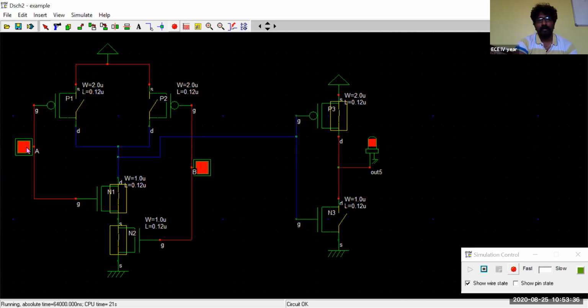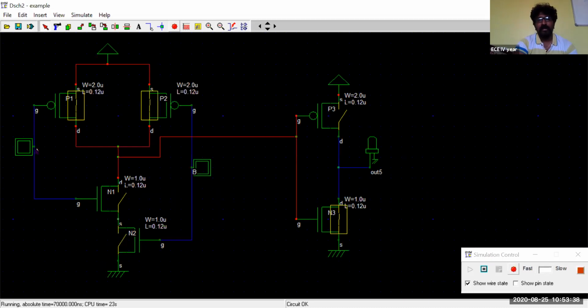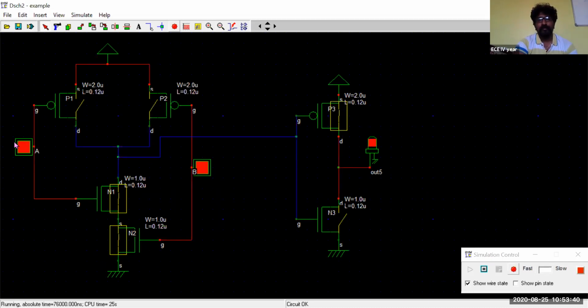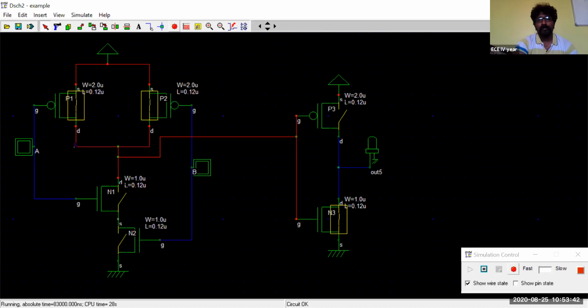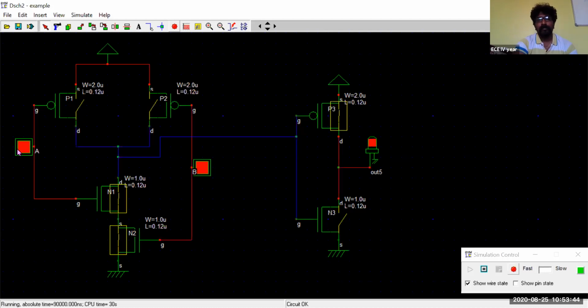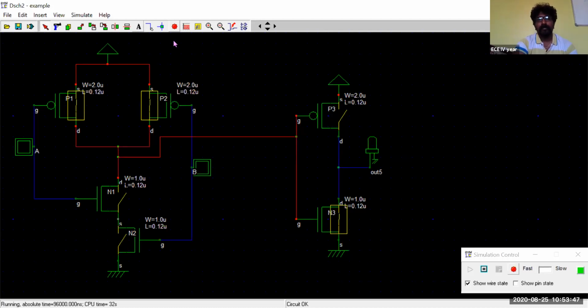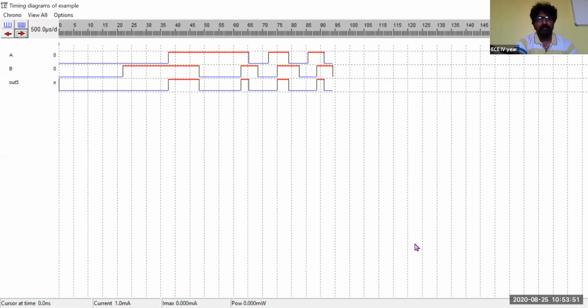Now let me give it randomly, quickly, and I'll try to obtain the timing diagram. So see now, this is a timing diagram. Whenever both inputs are 0, the output will be 0.